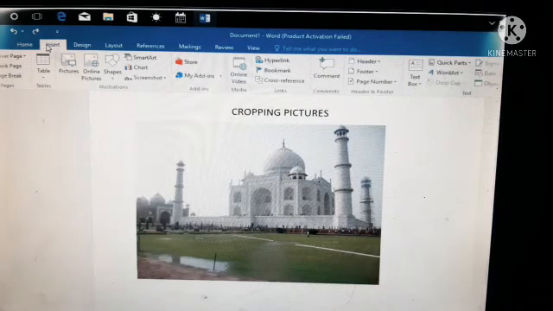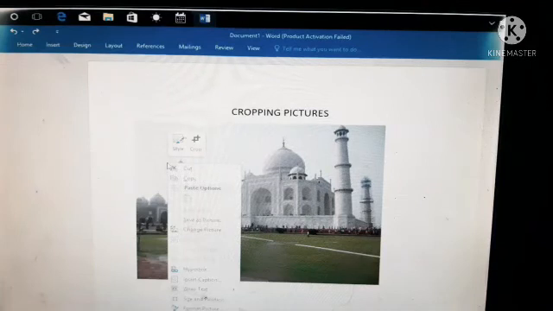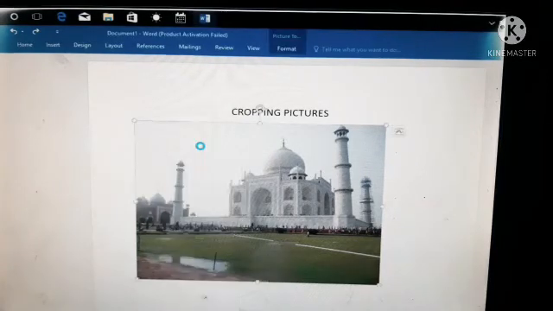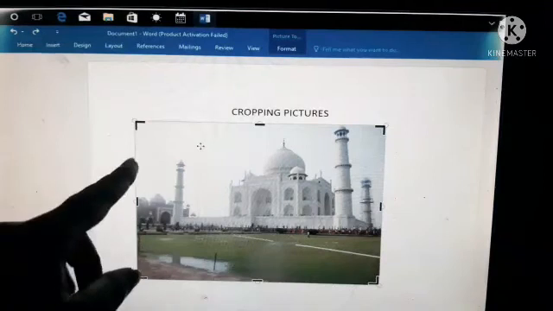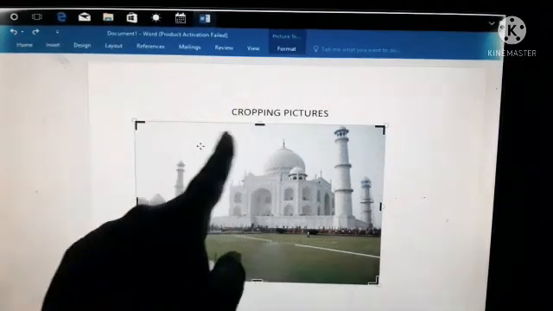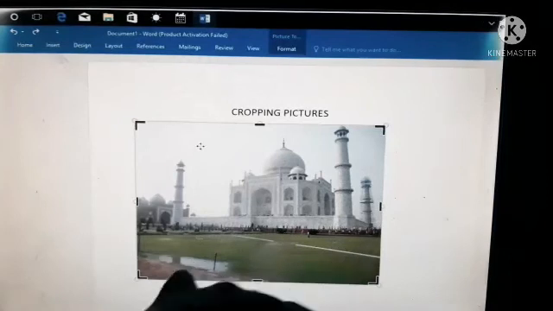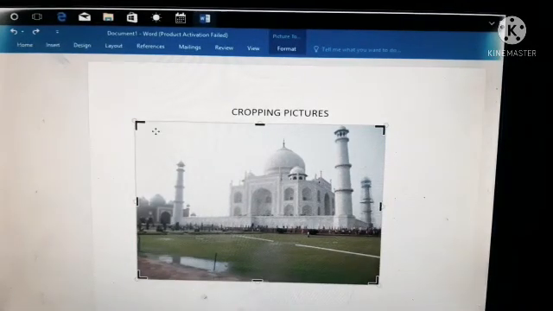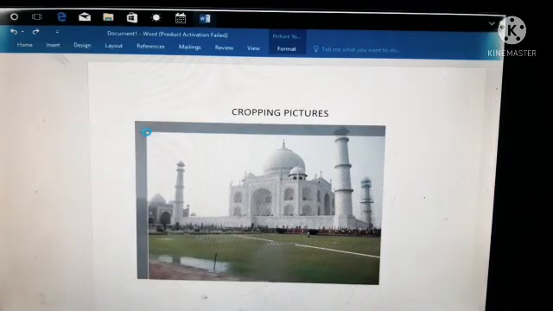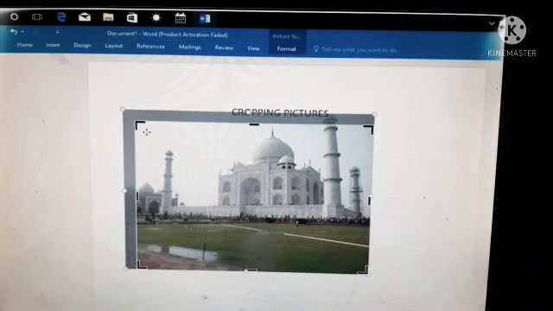So what is cropping? Cropping means to remove the unwanted edges of the picture. If you want to crop the image, we just have to right click on the picture. Above the picture we have to right click. Here we can see the crop option. Now if you click on crop, a thicker line will appear on the edges of our picture. As we wish, we can crop the picture. If you want it like this, you can crop it. So our picture will be cropped.